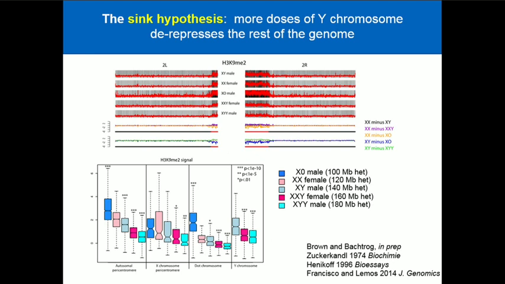image from a paper that's not quite out yet from Emily Brown and Doris Bachtrog's group, where they look at this dosage series from XO to XYY, so increasing numbers of Y chromosomes. And as you increase the number of Y chromosomes, you're seeing a suppression of the H3K9 dimethyl signal elsewhere in the euchromatin. So you see it's directly impacting the chromatin state with respect to the epigenetic modifications. All right, and we see this manifested as redder eyes in the flies with PEV.